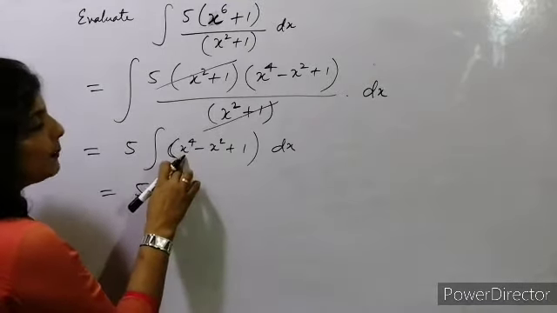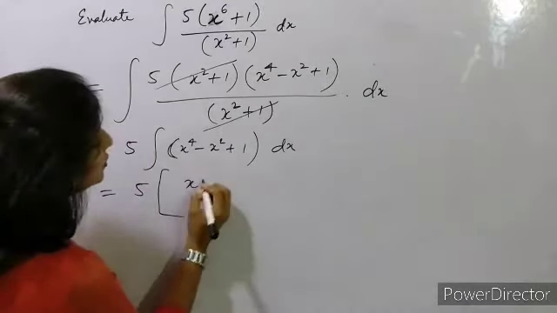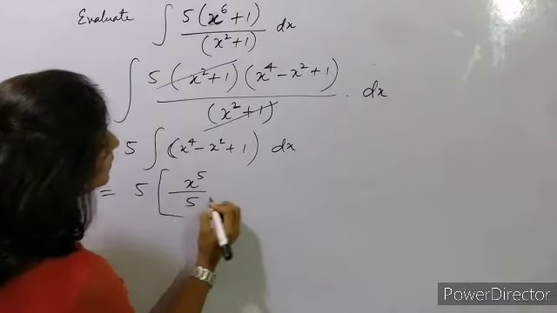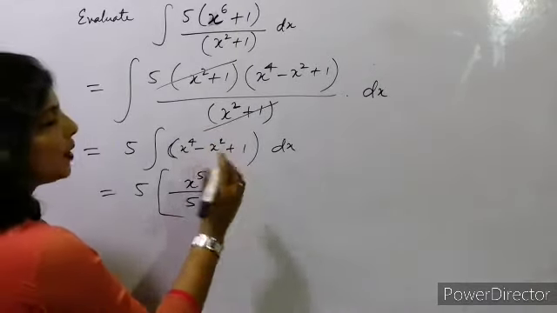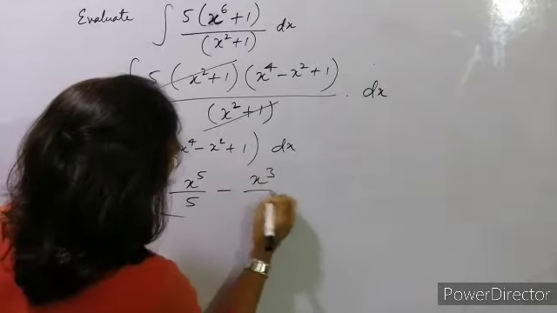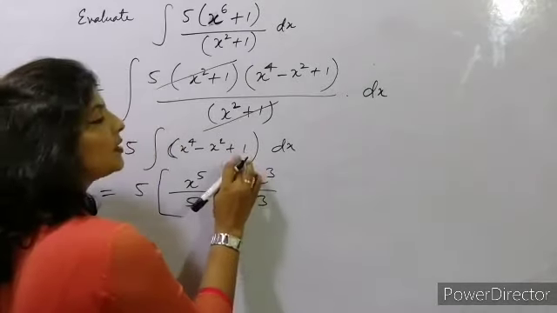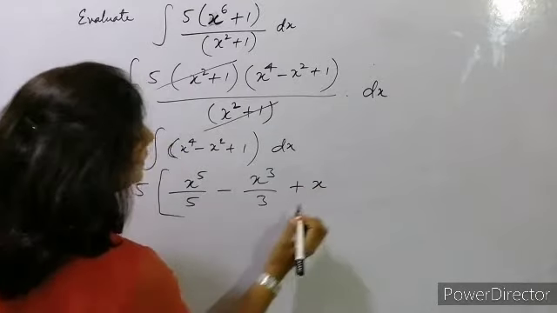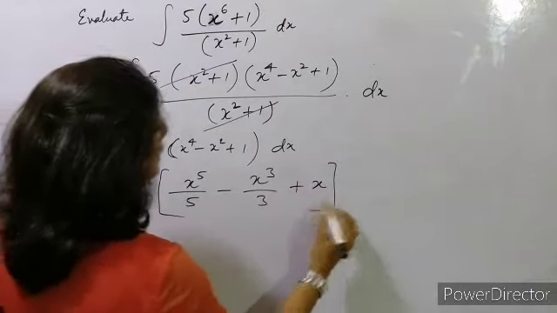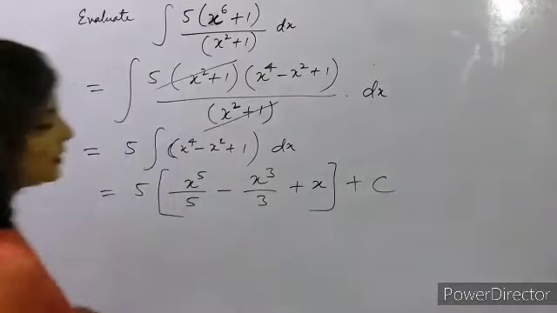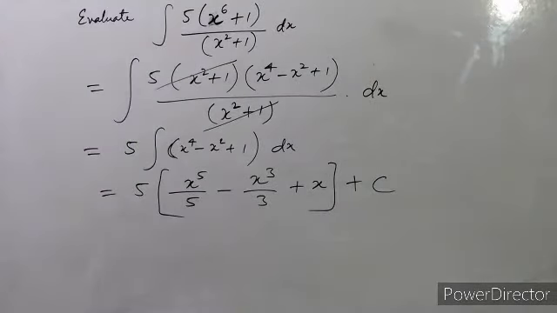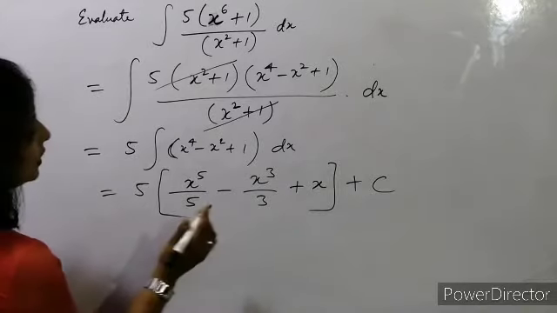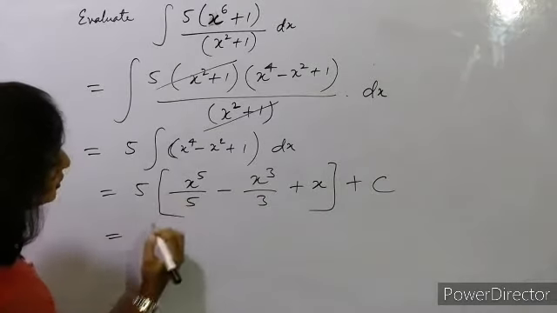What we have to do, power हम एक increase करेंगे, so x to the power 5 होगा and divided by 5 minus x to the power 2 है तो x to the power 3 होगा divided by 3. Now x to the power 0 है, nothing is there, so it will be x, okay, divided by 1 and plus c. Okay, so what value we'll get? We'll get this value. क्या value हमें मिलेगा? Okay, so now ये value है, but we can और simplify this.